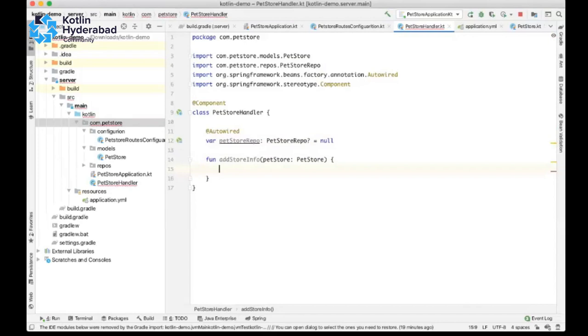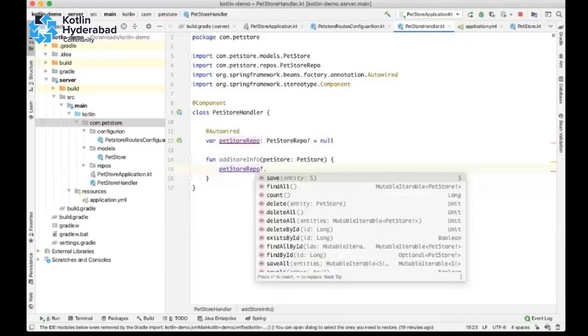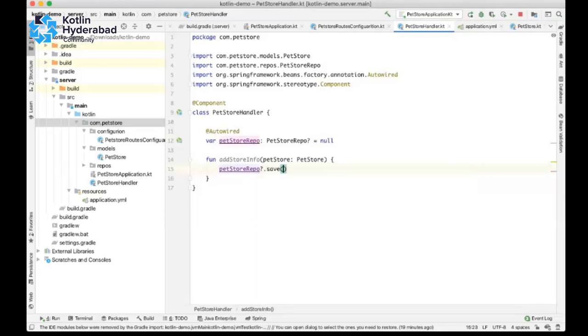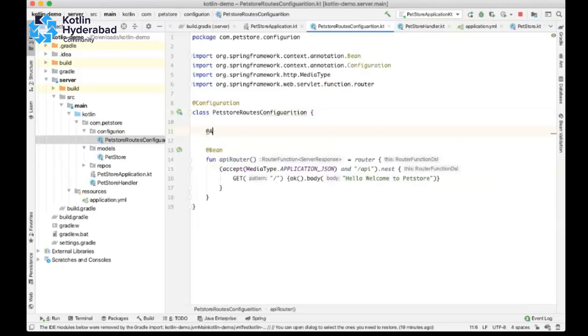I'm just assigning it to null to have a default value. So when we assign it to null, whenever we access it inside the methods, we have to use question mark colon or question mark dot, so that Kotlin will handle it if there comes any null in the variable. And this pet store handler we have to autowire here.